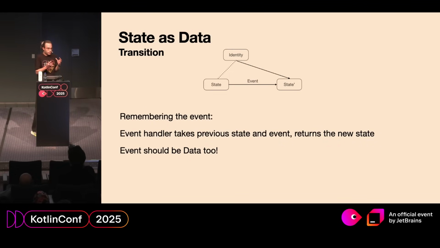So how do we perform the transition? What does it mean to change the state? What's the process of remembering? Remembering can be seen as a pure function that takes the event and the state, producing the new state. And then somehow we need to update the association between the identity and the state. Identity could be an atomic reference, it could be state flow, it could be a hash map, it could be anything. So that's not important here. The important part is that we do not forget the previous state, we just swap a single atomic reference or something like that.